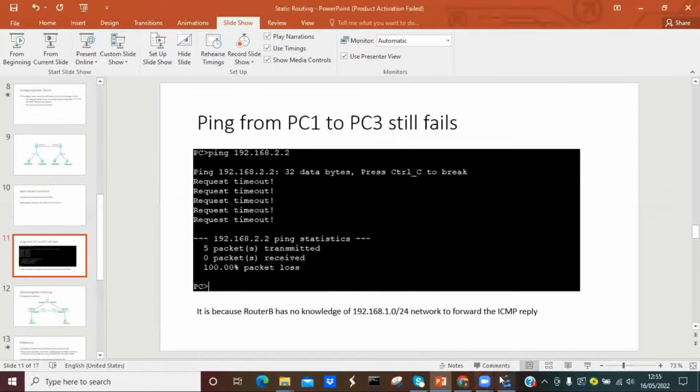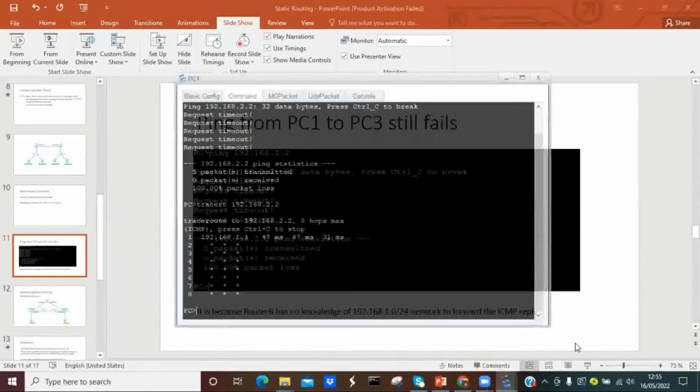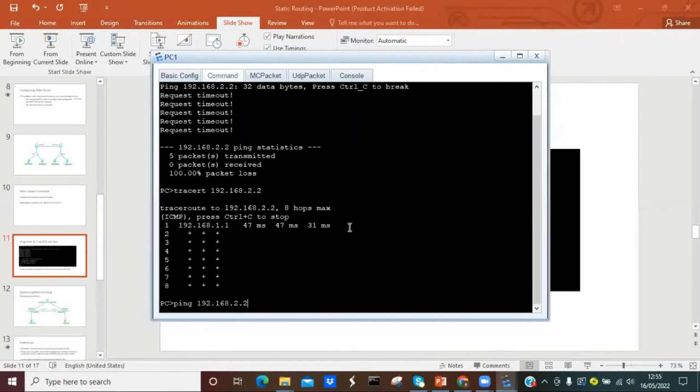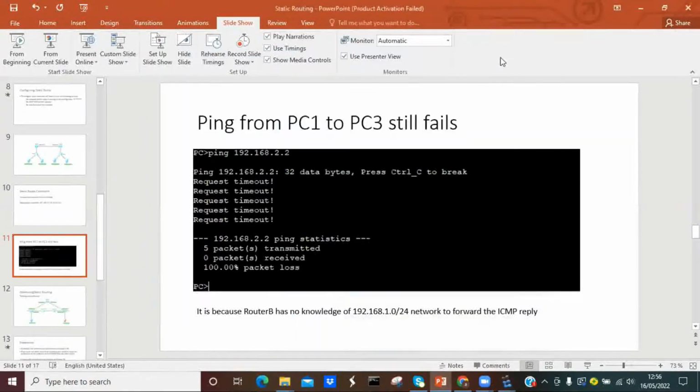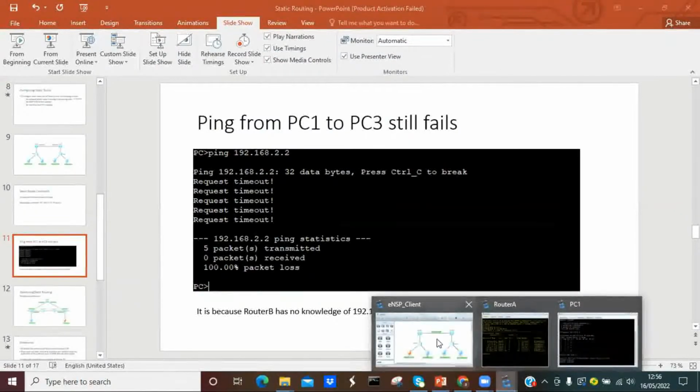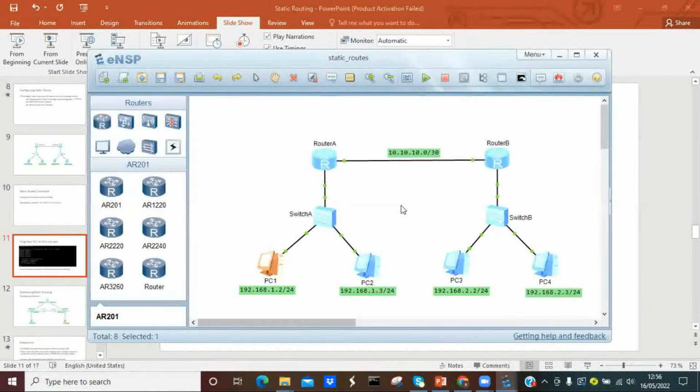So let's now try to ping again from our PC1. We try to ping 2.2. We're still timing out. Why are we timing out? Because of how ICMP works. When I send an ICMP packet here, I expect this machine to give me a response. So when I send, data goes through, but when this one wants to send me a reply,